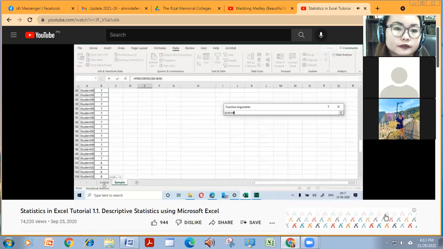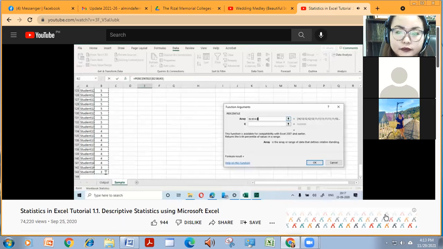We want to summarize marks. So I have 142 students, the first row being a header. Just make sure you put a dollar sign here so that there is opportunity to dollars. Let me just type the dollars here.